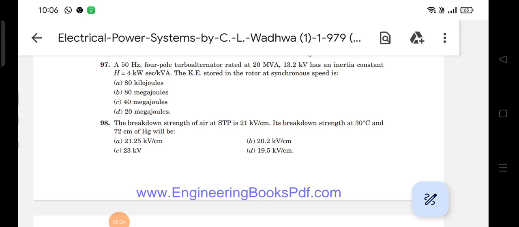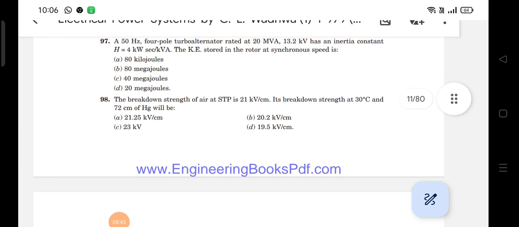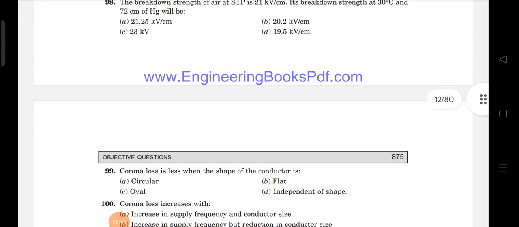Okay, to solve this type, in this method there is no formula, you can just remember the variation. It reduces that value by either 2 or 3 units. That means the value will be reduced by around 2 units, that means from 21, approximately nearly 19 kilovolt per centimeter is the correct answer. That means from the given options, the fourth one is correct. Next